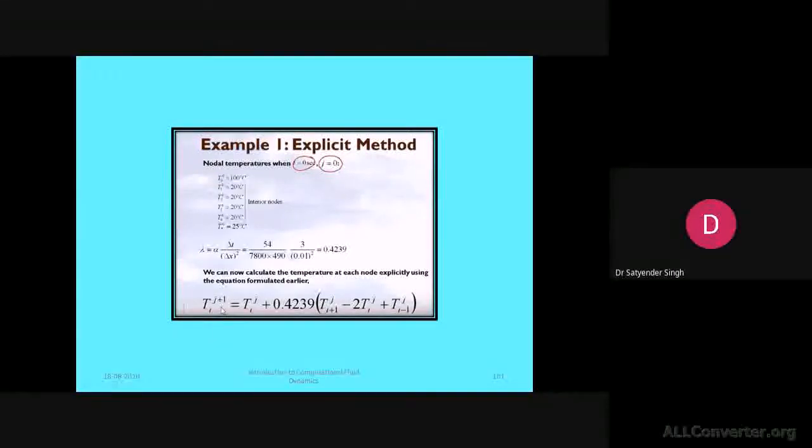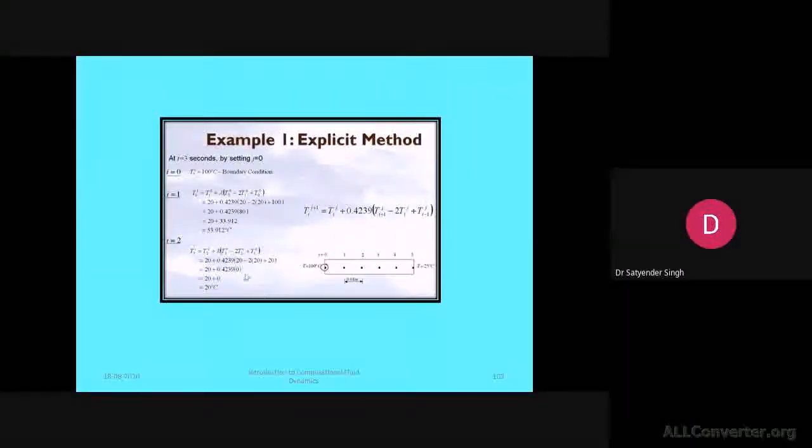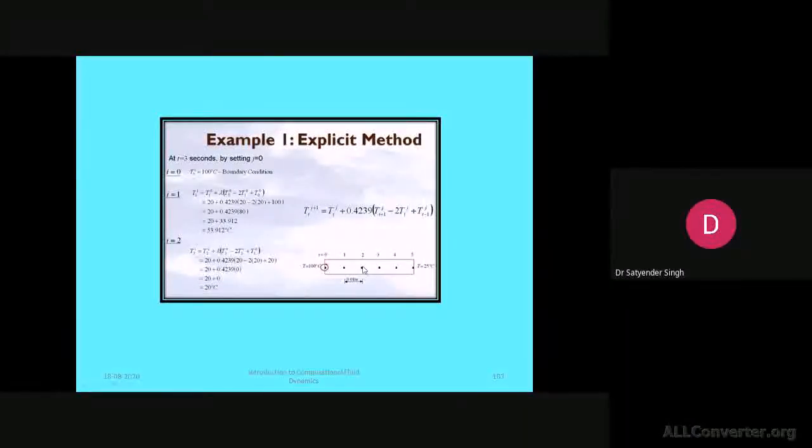There, as I already mentioned, it is giving you the value corresponding to the i level for the n plus 1 level, or for the next time level. Here j is representing the next time level, and it takes the information of i minus 1, i plus 1, and i of the previous time level. So here at the previous time level, initially everywhere for nodes 1, 2, 3, 4, we have 20 degrees Celsius as the initial value. You will see now for this one 20, 20, 20, and 100, because it is taking the information of this one.